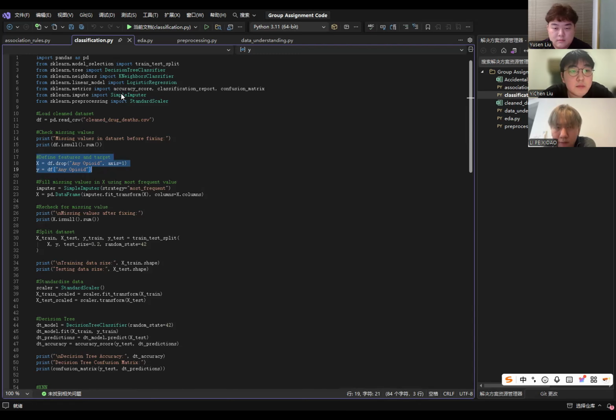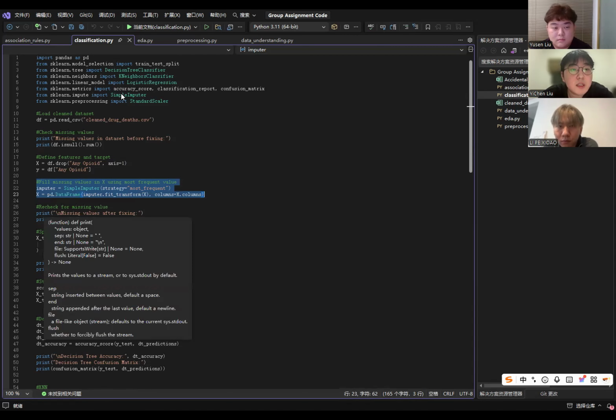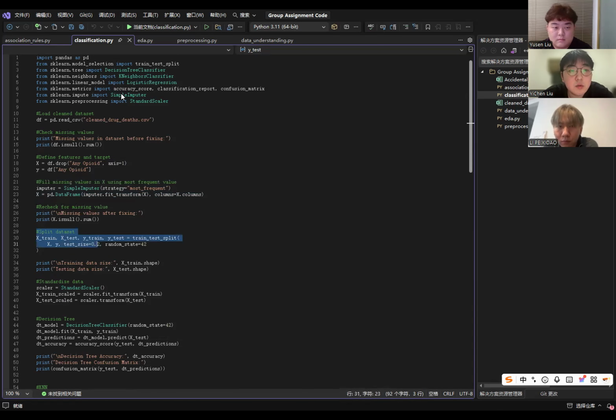We use an imputer to fill any remaining missing values using the most frequent value. This is important because some models, especially KNN, cannot handle missing data. This line splits the dataset into training and testing data using an